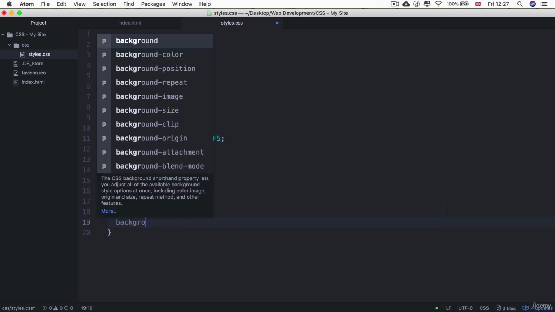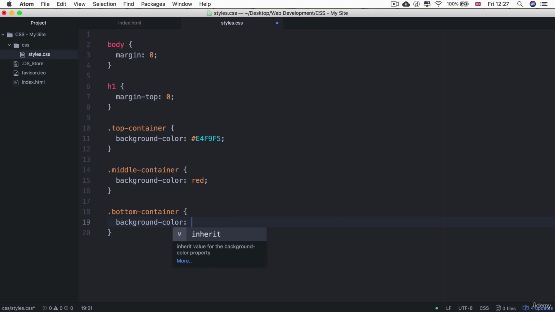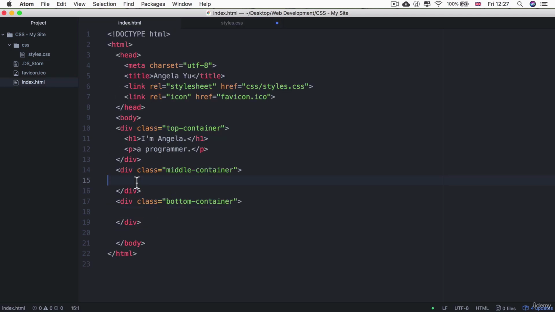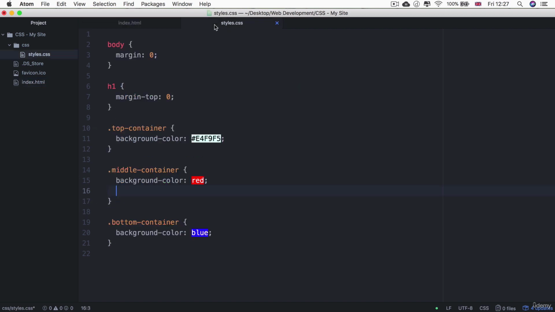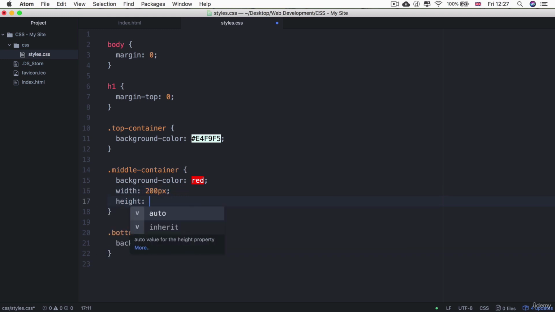And this one's background color will be blue, shall we? Hit save, and as we said, these two containers, because they don't have any content, won't have any dimensions unless we give it to them. So let's say that the middle container should have a width of 200 pixels wide and a height of 200 pixels as well. So now it's a box,